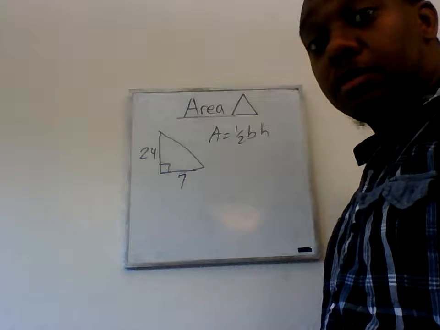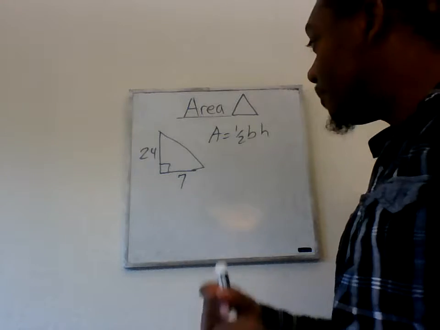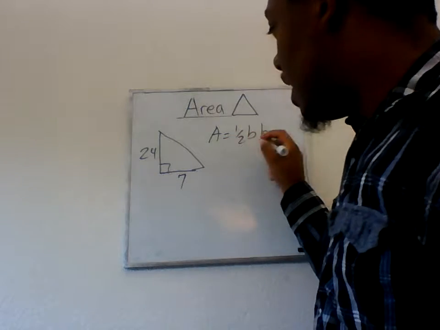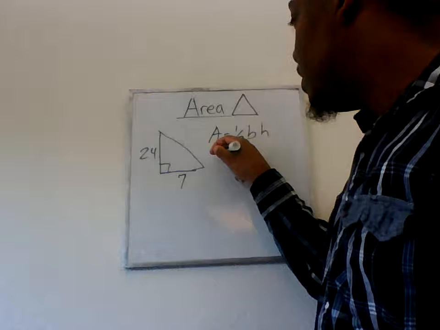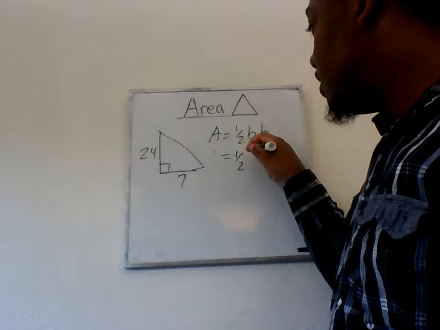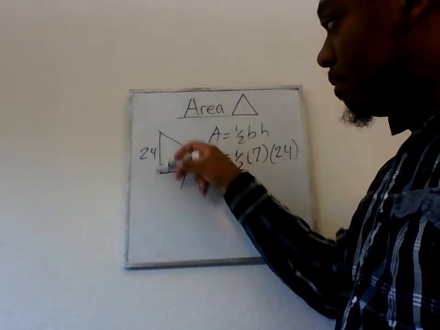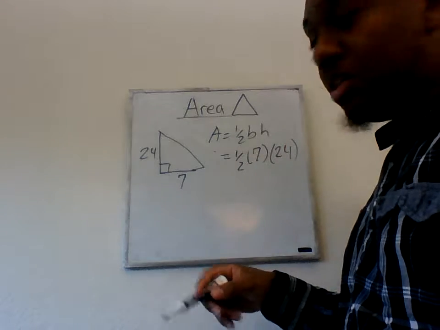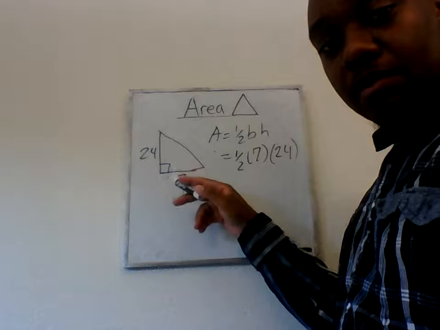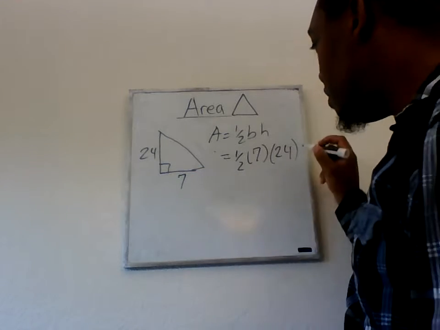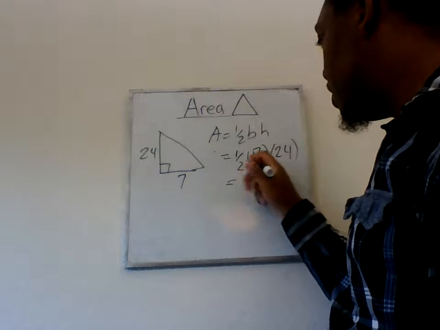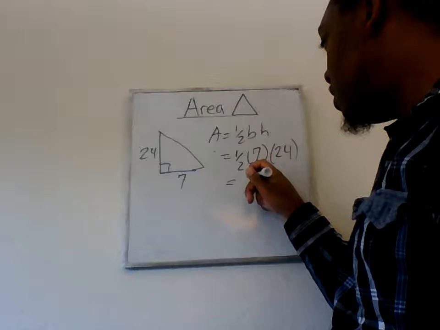So let's solve for this area. Area would be 1/2 the base times the height. It's obvious here that the base is 7. So the base is 7 and the height is 24 because it's perpendicular to that base. It forms a right angle. It's 90 degrees there. So if we were to solve this, 1/2 of 7 times 24, and we end up